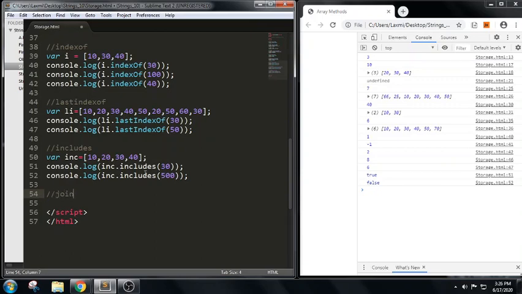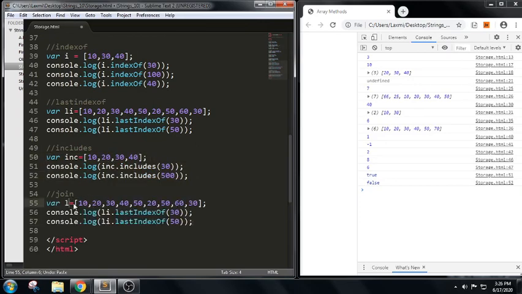Next one is join. For suppose we have an array like this. Let me take the same method. So I have something like jo, and in this I'm trying to write jo dot.